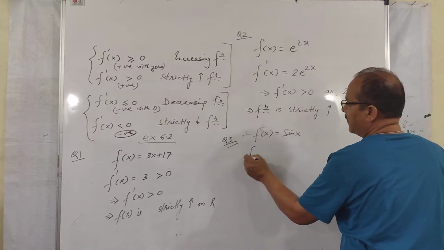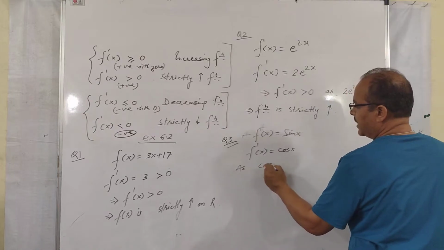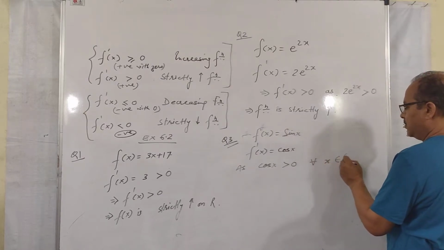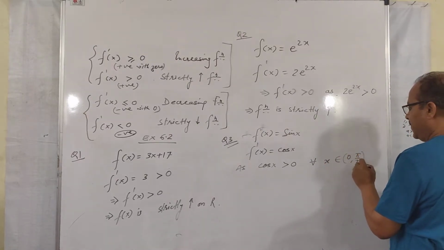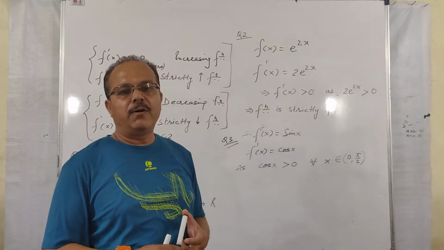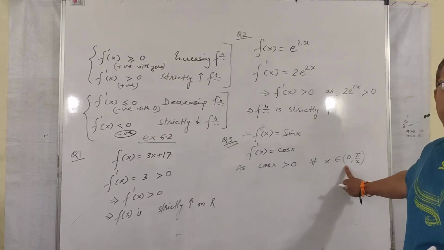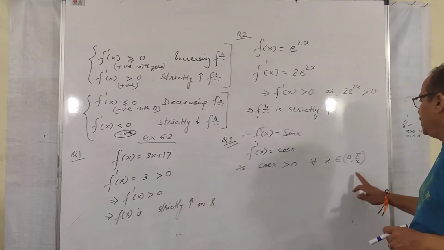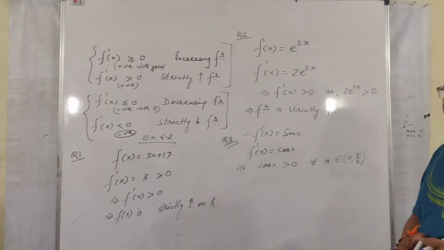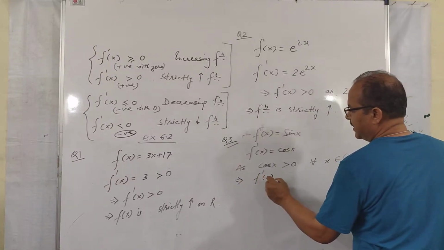Now see, first of all, find the derivative f dash x is cos x, and we know that cos x is greater than 0 for all x belongs to the first quadrant. If x belongs to the first quadrant, then the value of cos x is always positive. It will be greater than 0 because we are taking the measures in the open interval 0 to pi by 2. We are not considering 0, we are not considering pi by 2. So we are taking 0 to pi by 2. That's why cos x will be greater than 0. So f dash x is greater than 0.